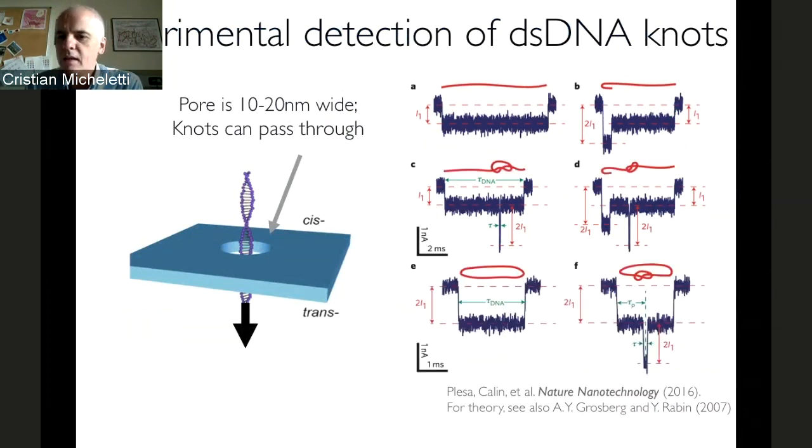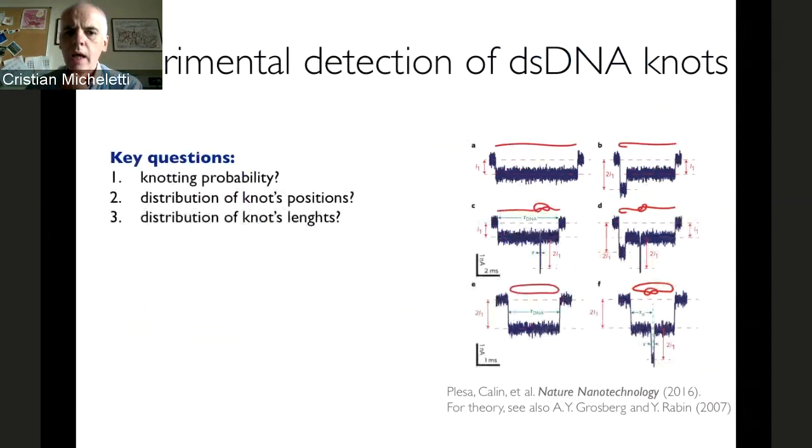Well, the only way that they could make sense of what was happening was that this brief drop in current was due to the passage of a knot through the pore. And this technique you can use not only for physical knots in open chains, but also for proper knots in circularized chains, as it is shown by the bottom figures. And so this type of setup essentially was almost like a revolution in the field,